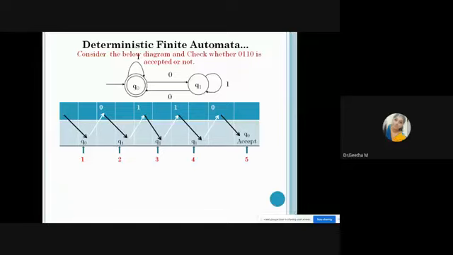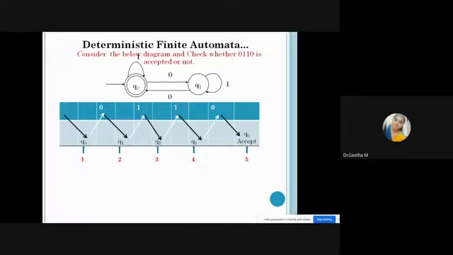Initially, before starting, before processing, your machine is in Q naught. So that is your first operation. Then we want to receive the first input. What is your first input symbol? 0110 is your input string, and the input symbols are read left to right. You want to read the input, so first you will be getting 0 as input. So at Q naught, you want to receive the 0 first.